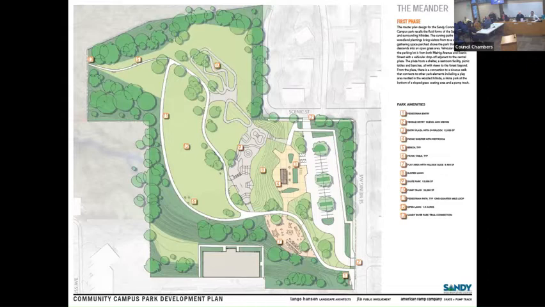The play area has been slightly enlarged. It's still nestled in that hillside, but I think one of the comments that we heard with the meander scheme compared to the other ones was, can you increase the size of the play area just slightly? We still have a quarter mile of looped paths. That was a question that was asked in terms of the distance. So four times around it, you hit a mile.